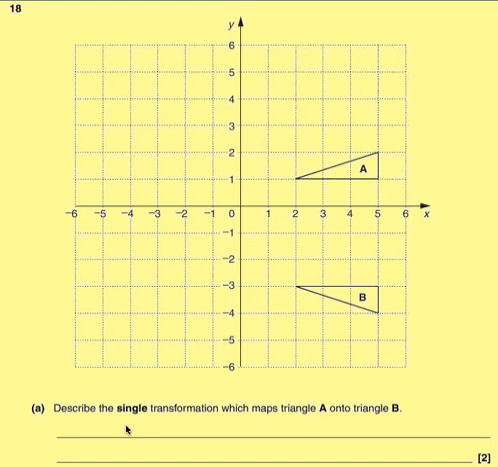Question number 18. Describe the single transformation which maps triangle A onto triangle B. Now, in an exam, we'd trace over triangle A and we'd turn it over and we'd see that A and B are actually a reflection of one another. Now, to decide where the line is that we draw,